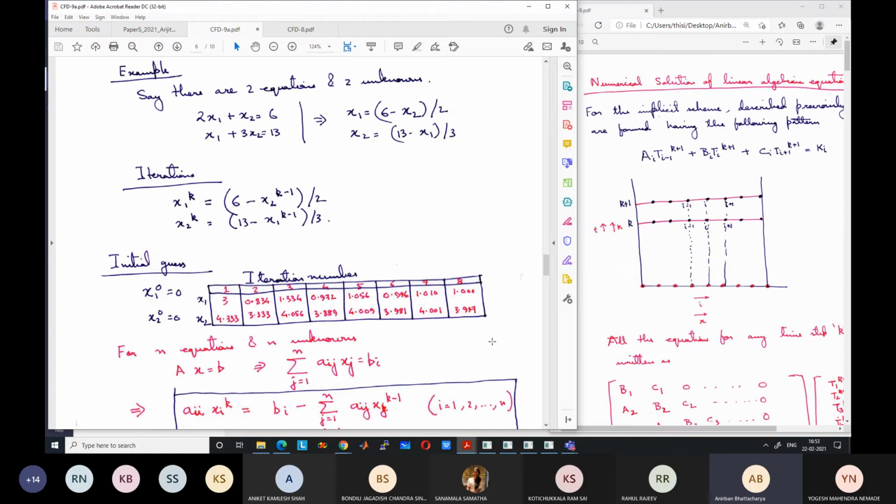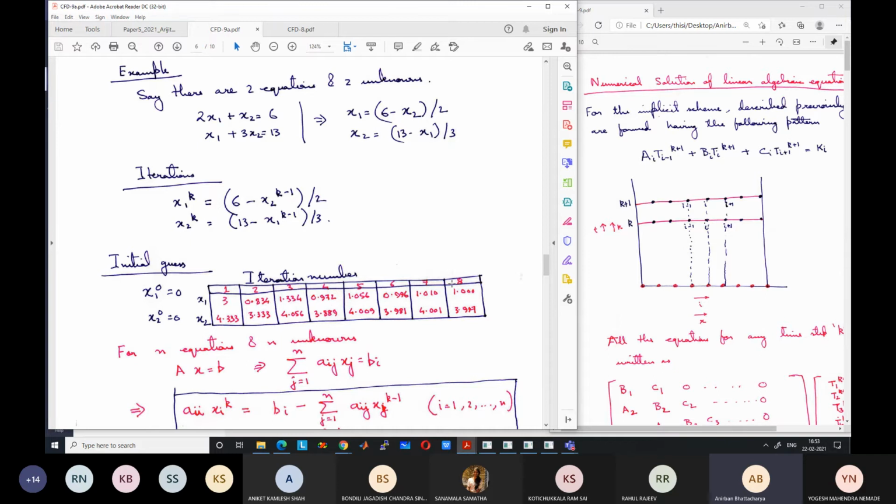Okay. Sometimes students just use the default value. The default value in ANSYS is given as 20. So if you use 20, you will not get the converged solution. You have to increase the maximum number of allowable iterations, and you have to decrease the convergence criteria to get the accurate solution.